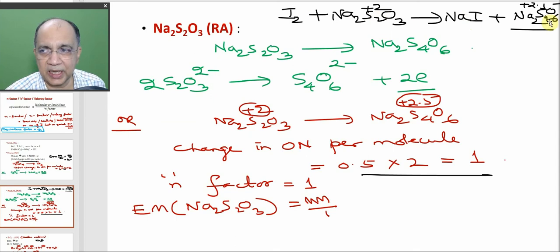oxidized to tetrathionate ion. And when you look at the change in oxidation number, sulfur is +2, may it be average. So here you take the average for calculation. So +2, and here it is +2.5. So what is the change? For one atom, because oxidation number always is determined per atom. So per one atom, the change is 0.5, +2 to +2.5.